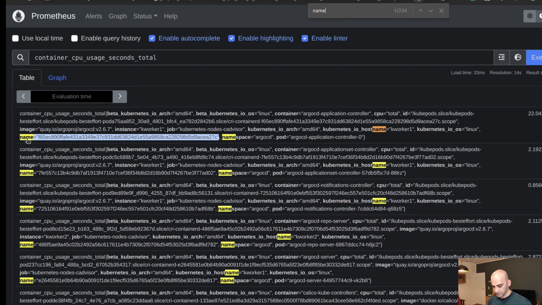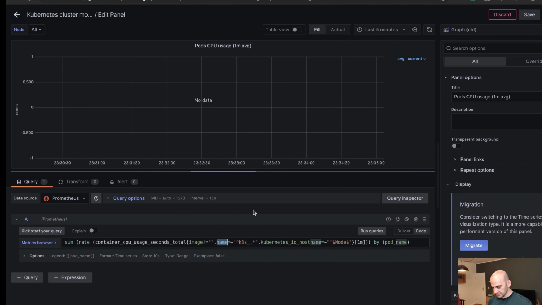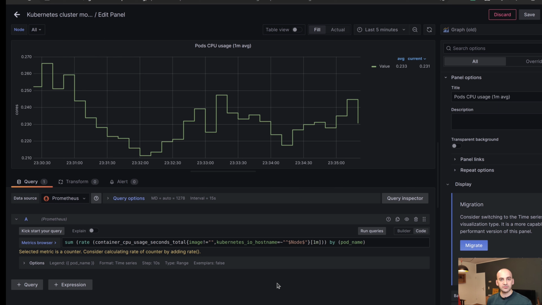Yes, we have name. But there is a discrepancy here, and it is, we have name, but no name is actually starting with K8s. I think this is some configuration related to older version of Kubernetes, and that is not applicable to our case. So I would just simply delete this line, and then boom, we have some data, right? We have a warning here, by the way. We should consider all the warnings, but first,